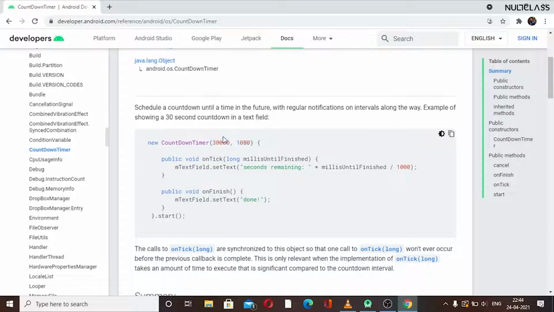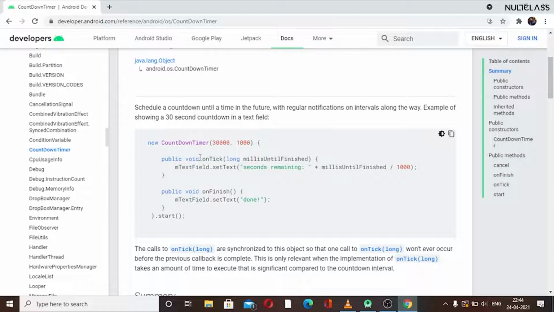The first one is where to start, this is in milliseconds, so this is a 30-second countdown, and the second shows how much gap you want. So this is 1 second, as this is 1000 milliseconds. So it will decrease 1 second at a time, from 30, 29, 28, and so on.